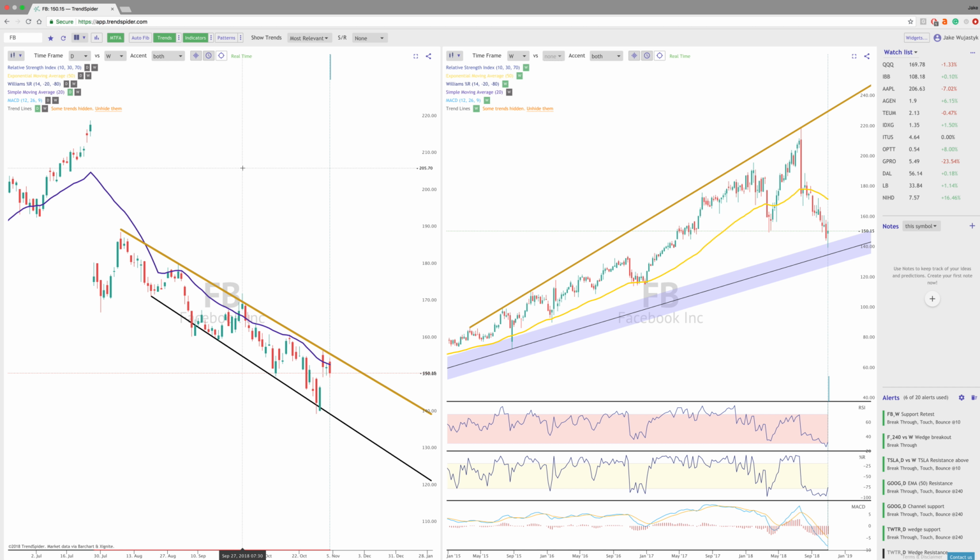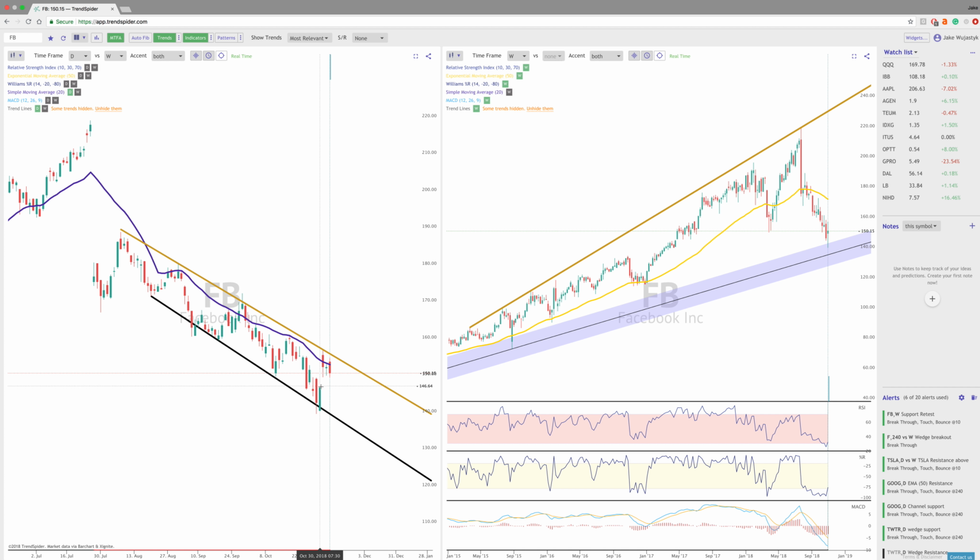Hey everybody, today we're going to look at Facebook's short-term versus longer-term charts, and we'll start with the daily. What we have here is a very strong downward price channel, and the price channel has been created by the price bouncing off the SMA, which then creates this trend line here. So this is now the fourth time that the price has touched this area, and we do have a gap